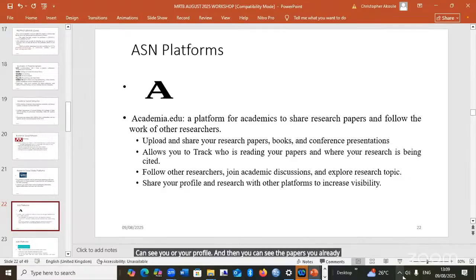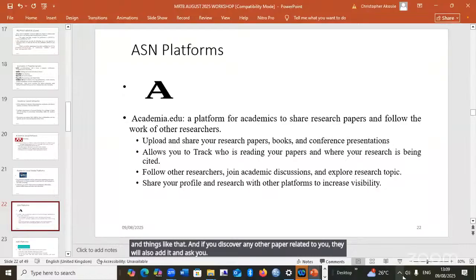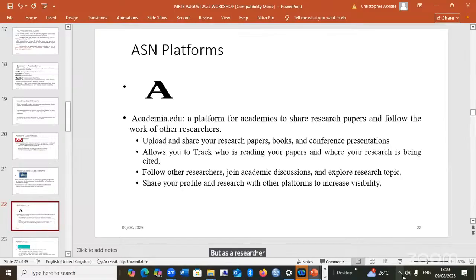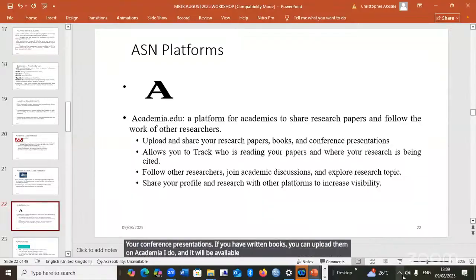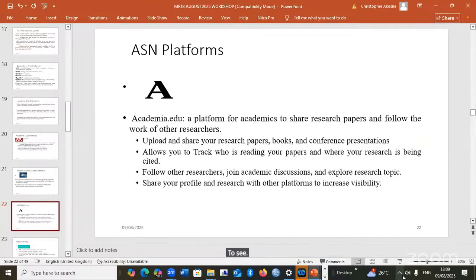And if they discover any other paper related to you, they will also add it and ask you, can we add this? Is it from you? But as a researcher yourself, you can upload and share your research papers, your conference presentations. If you have written books, you can upload them on Academia.edu and it will be available for other people to see. The additional benefit of Academia.edu is that it gives you information about those who are reading your work, people who are citing your work and people who are following you.